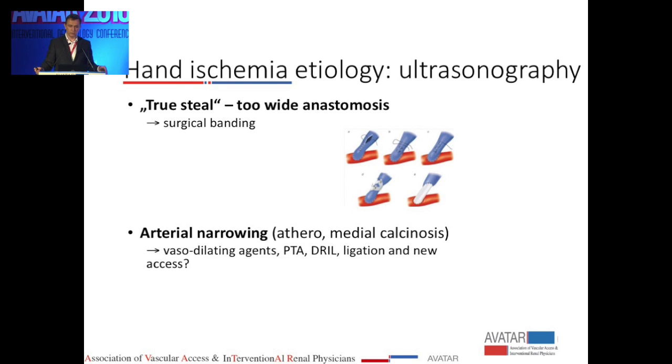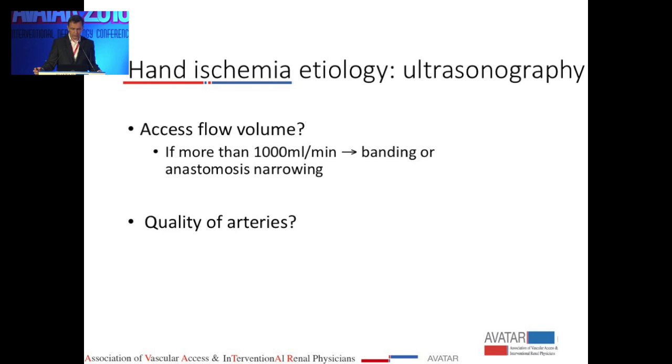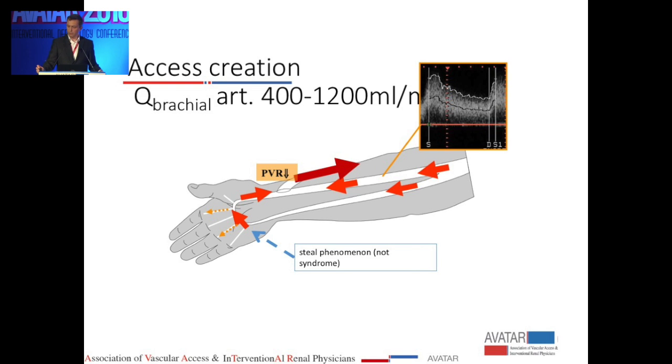This is linked to high flow vascular access, or it could be due to problems of inflow, and ultrasound is a good choice how to differentiate between these two etiologies. So we can measure the flow volume. If it is more or less than 1,000 or 1,500 mL per minute, then we consider narrowing and so on,